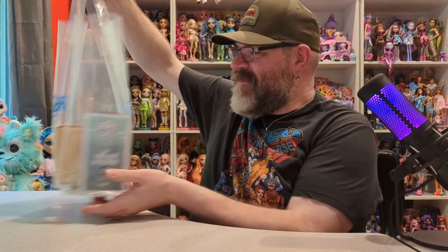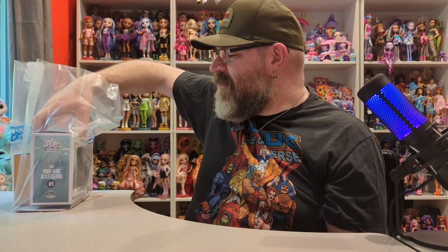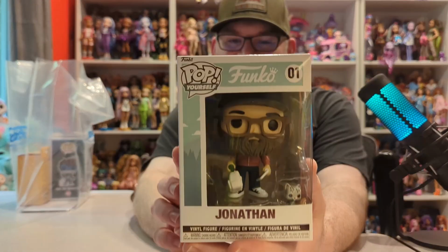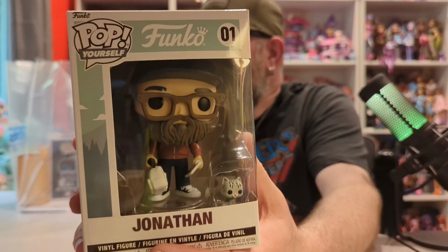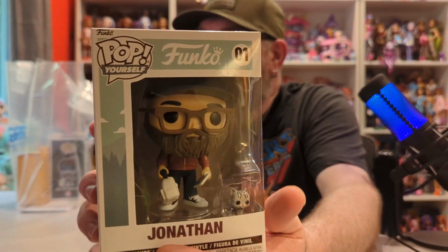So here is my haul. This is a really cool bag. They gave you a paper bag if you bought something from up front, which I did have, but I ended up just putting everything in here. So the thing you probably did see me working on in the footage is my mini-me. So this is a mini-me. You can make your own pop of yourself. The items that you can pick from are a little limited,